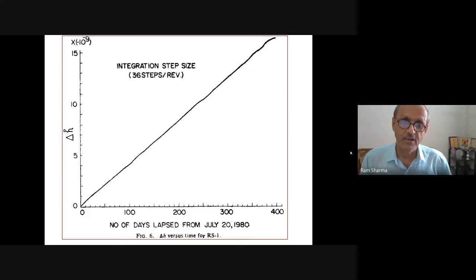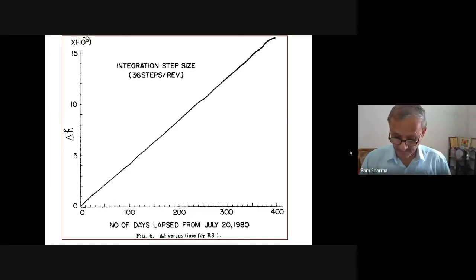You see this, that is how. In those days computers were not very powerful, so I used only 36 steps per revolution. It's not a big thing. Today, somebody will use 360 steps per revolution, and the solutions will come. But still, you see, they are only linearly varying, and a delta of 10 to the -9 has changed. The right-hand side should be 0, but I am getting this kind of thing. So that means my solutions were quite okay. And this is from the very first day up to 400 days of numerical integration.